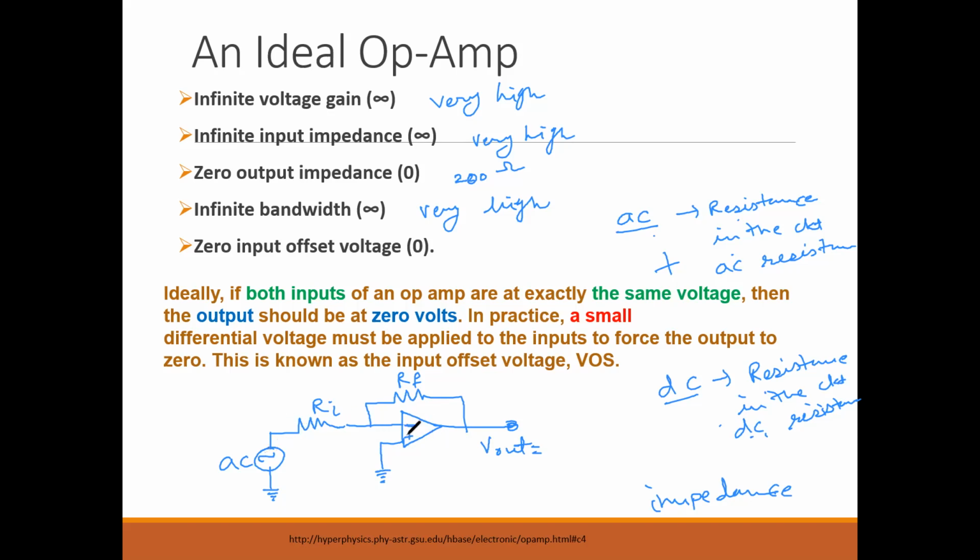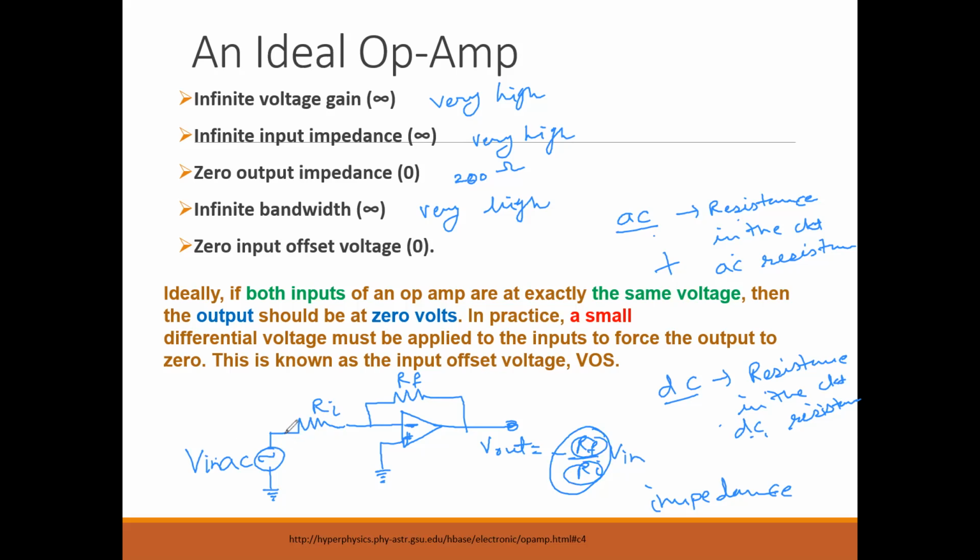Why? What is the reason? Because the input is connected to the inverting terminal, right? That's why it is an inverting amplifier. So I can write gain multiplied by input, right? So input is V in, and the gain of the inverting amplifier circuit is minus RF upon RI, right?